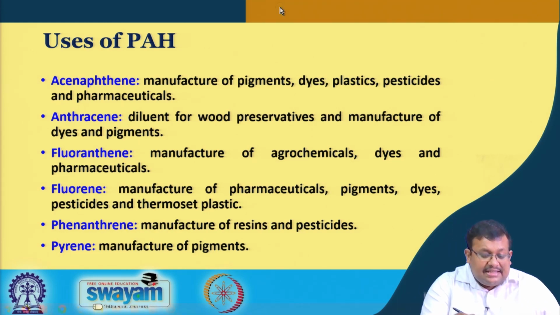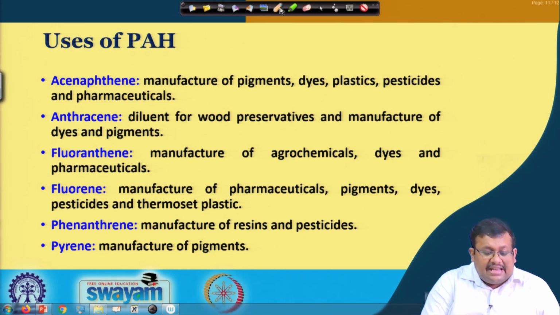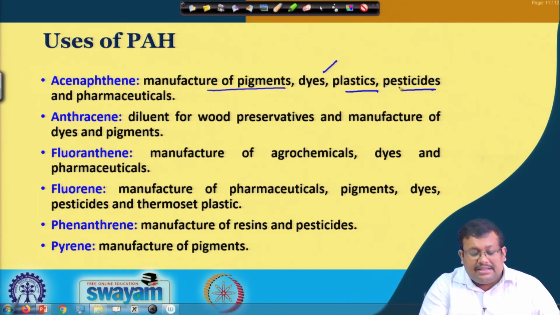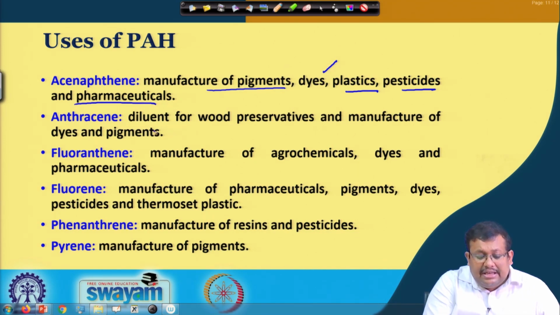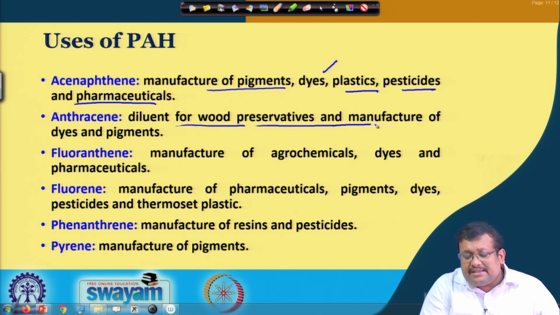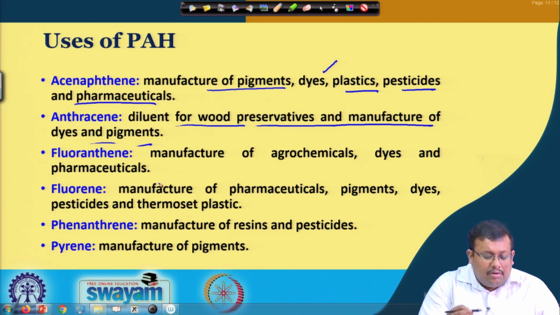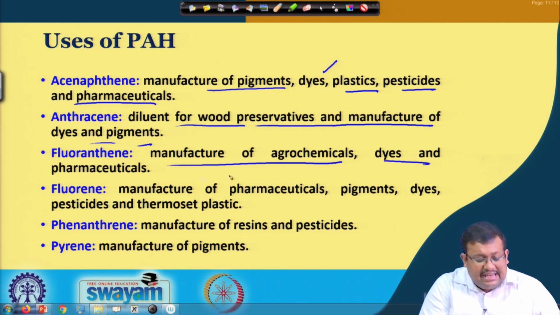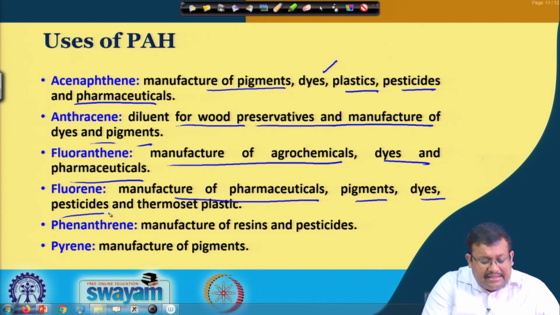First of all, we can see acenaphthalene. Acenaphthalene is basically used for manufacturing of pigments, dyes, plastic, pesticides and pharmaceuticals. If you see anthracene, anthracene is used as a diluent for wood preservatives and manufacture of dyes and pigments. If you see fluoranthene, then it is used in the manufacture of agrochemicals, dyes and pharmaceuticals. Fluorene is basically used in the manufacture of pharmaceuticals, pigments, dyes, pesticides and